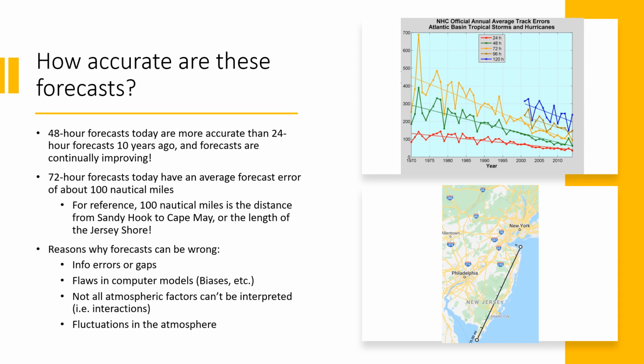Two other big factors are that not all atmospheric factors can be interpreted within the model, say interactions between the wind and the sea surface temperatures or something along those lines. It can't all be interpreted within these computer models. And the biggest one is that there are fluctuations within the atmosphere that can happen at any given time. That is why forecasting weather in general is so difficult, because the weather and the atmosphere are ever changing at all times. It's a very chaotic system. So forecasting that chaos is a little difficult, but we've gotten a lot better with it overall in our history